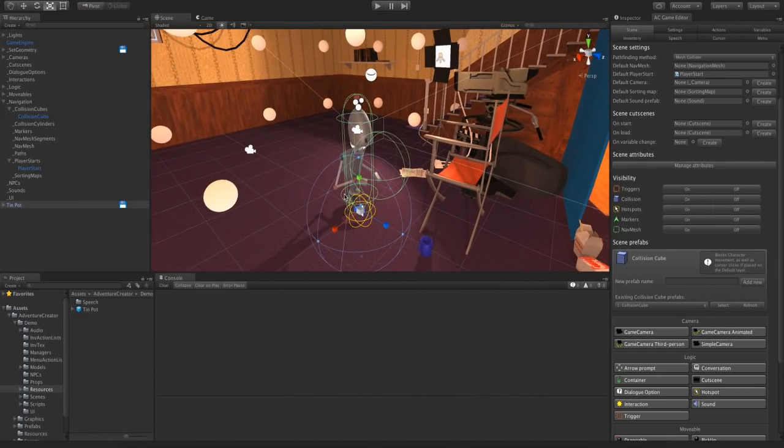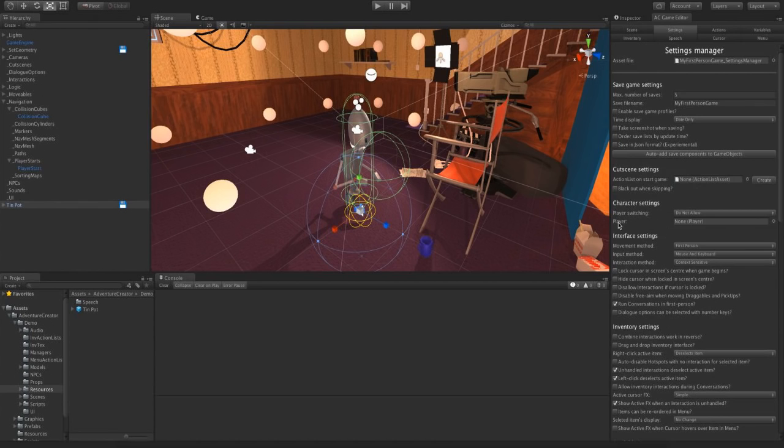Now normally Adventure Creator likes you to have your player character as a prefab instantiated at runtime, and that happens by assigning it as your player here in the settings manager, and then you remove the actual local instance of the player from the scene.